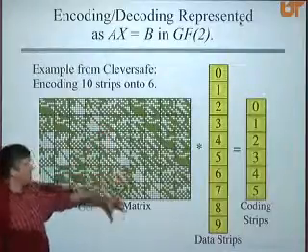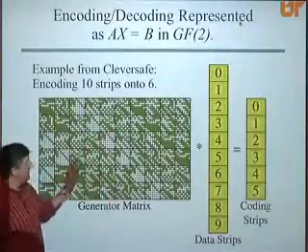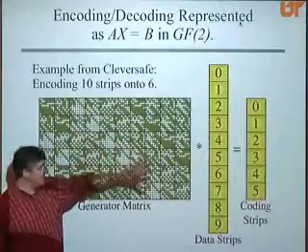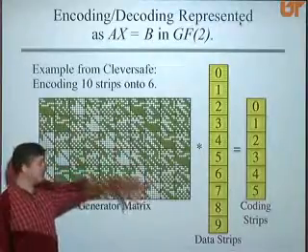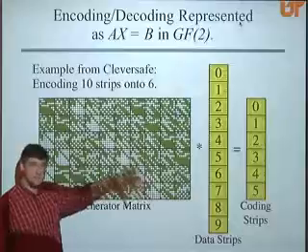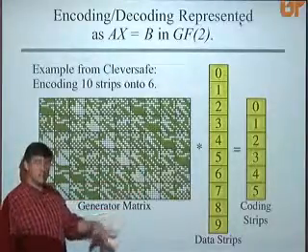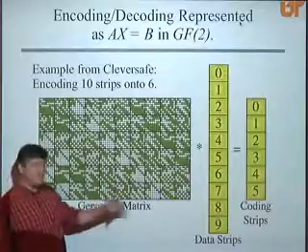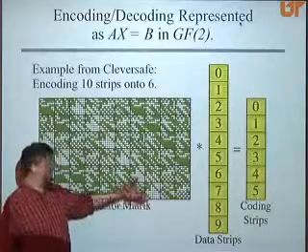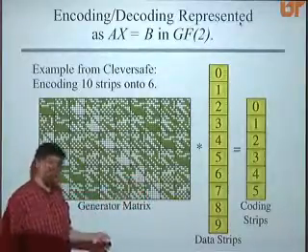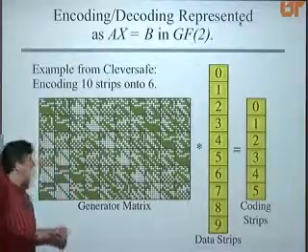Then from those 10 strips, they apply a matrix to it and encode it into 6 extra coding strips. They're going to store each of the 16 strips on a different device, typically across a decently wide area, so that they only need 10 of the 16 strips in order to get their data back. And so the coding operation is